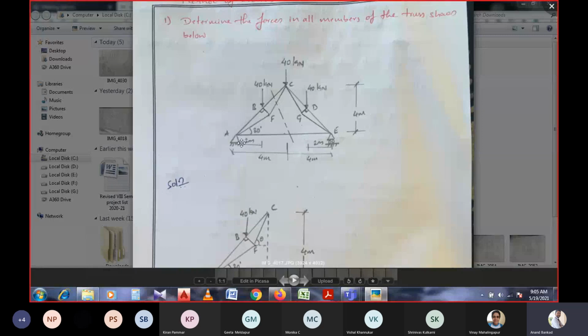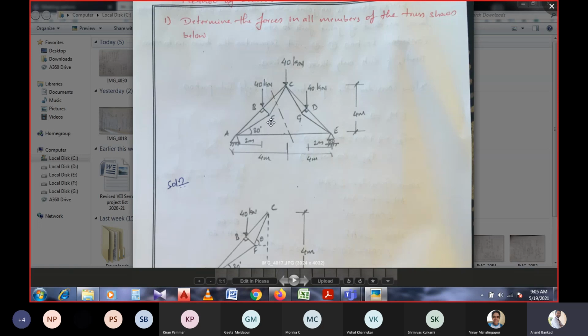If you observe support A and support B, you cannot start with method of joints at this support, since there are three unknown members. And again at point C, at point B and at point F, all the joints have three unknowns. In that case you cannot start with method of joints. So now this particular truss is taken to be analyzed by referring to method of sections.